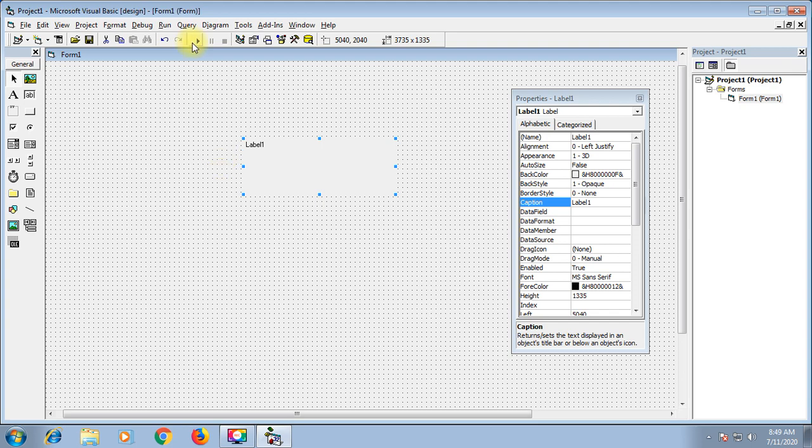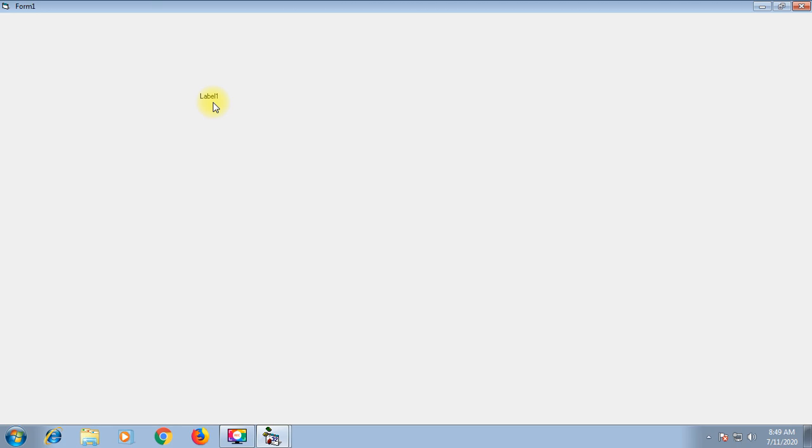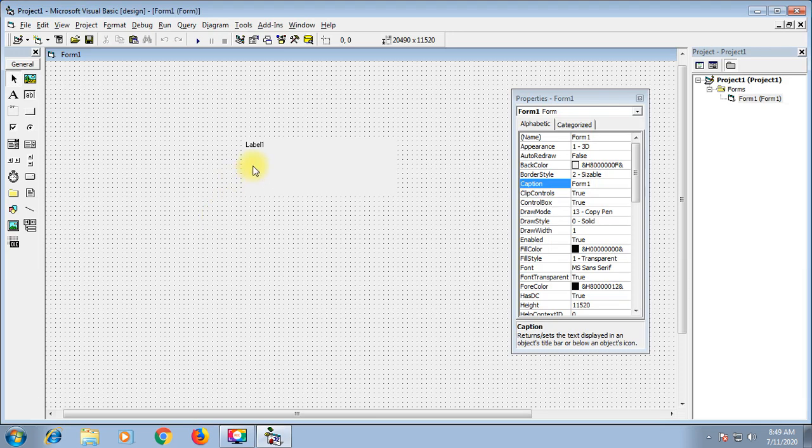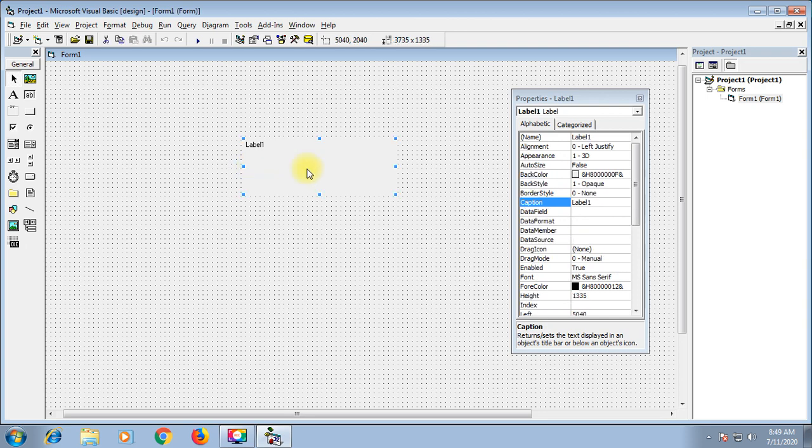So when you run the form, what do you see written? Label 1. Just like the command, label 1 is printed. If you want to change it, you want to change its content. Say for example, I want to print Visual Basic or MVM College or your name, very simple, or hello, whatever.